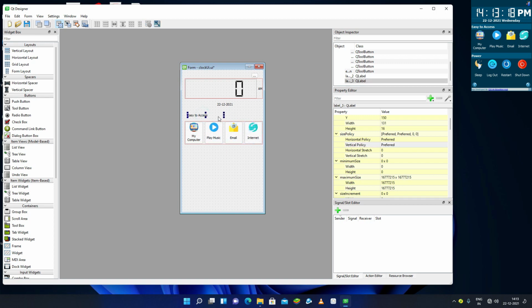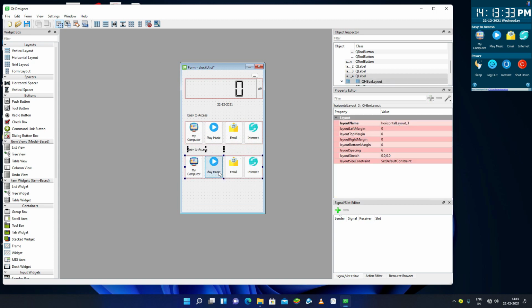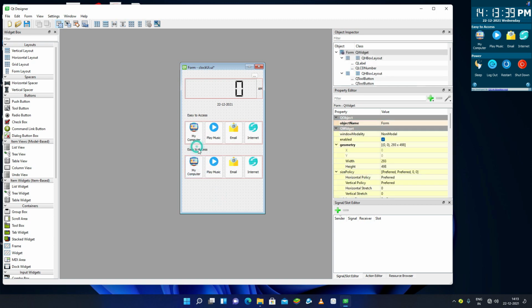Now what I can do is I can just copy these 2 things, this horizontal layout and easy to access, copy and paste it, and now come below, and now I can name this label as power, so it will be the power label.